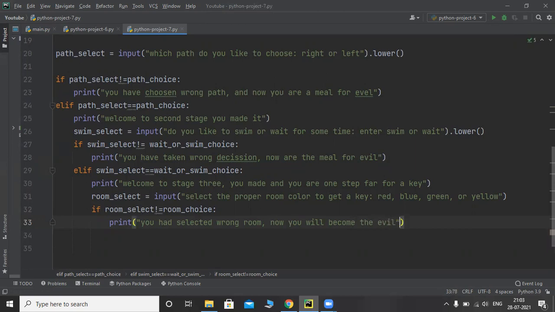Why am I using evil? It is like finding treasure means evil will be there. Maybe it's fantasy.